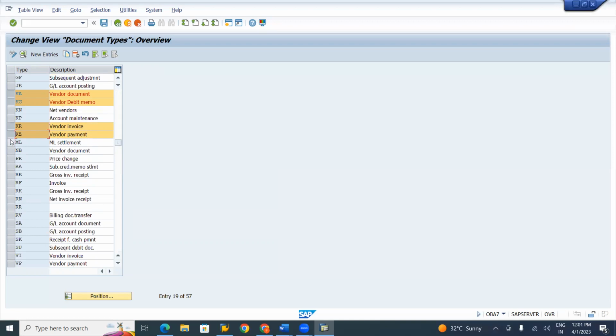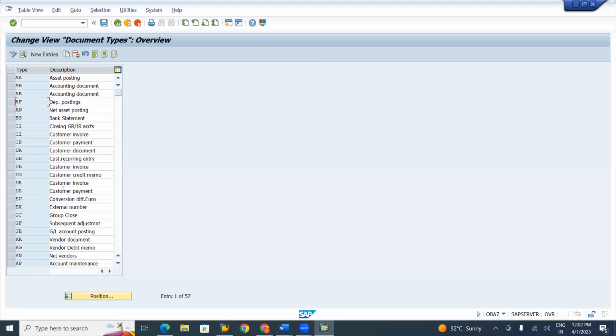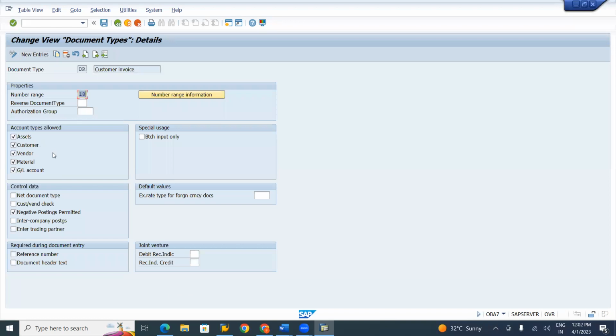Next one, we'll go with vendor, sorry, customer. So customer starts with DR. Write down, select DR, customer invoice. Click on select DR, click on execute button. Okay, here just uncheck that vendor, enter company,